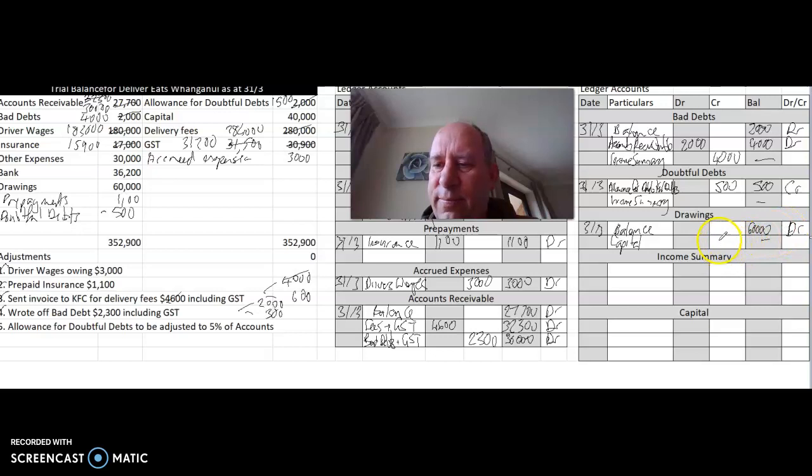It's debit to make it 0. We're going to credit it. And that's called a closing entry, as these income summary ones. So then we've got our income summary account, put the date in, where all our income gets closed off to. All our expenses get closed off to. So if we look at our income, there's only one income there, that's the delivery fees. So to close that off, we're going to go debit to delivery fees to make that 0, credit to income summary. So in the income summary,